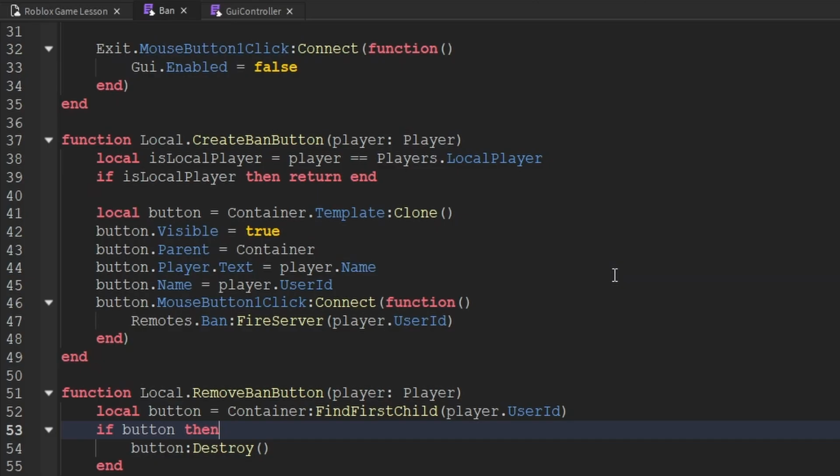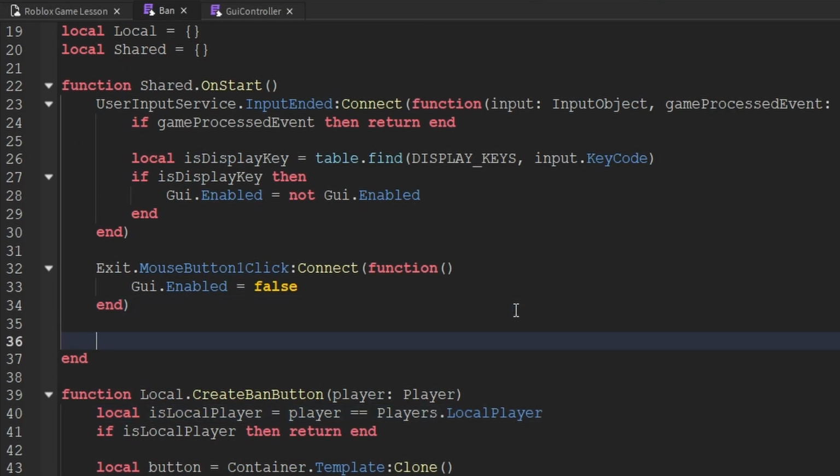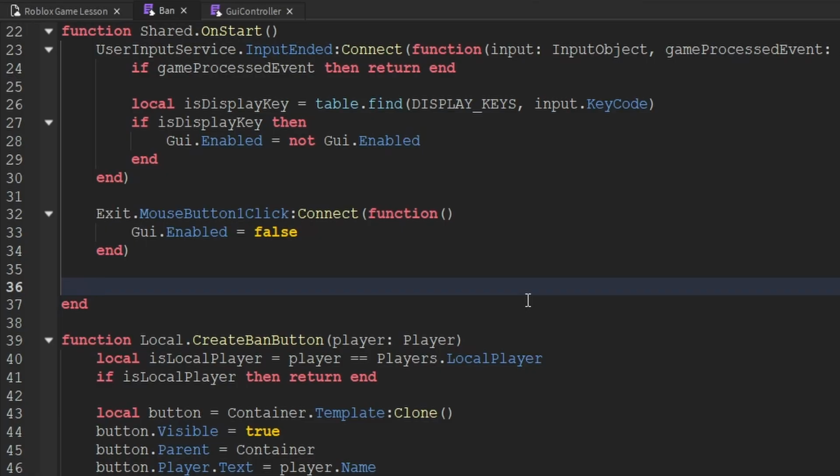Now that we've created both of those functions, let's go ahead and actually use them. We're going to use them inside of the onStart function. Normally, we would only want to create ban buttons whenever a player joins our game. But whenever a player joins another game, there's a chance that other players are already inside of that game. And if there are players inside of that game, then of course we would like to create ban buttons for those players as well. So what we would like to do is iterate through all the players who are currently